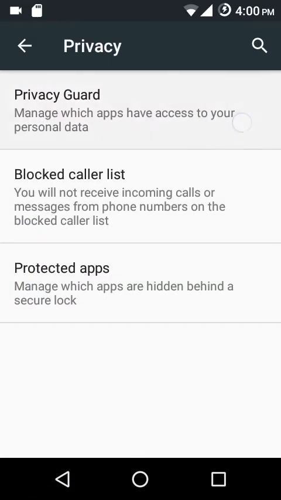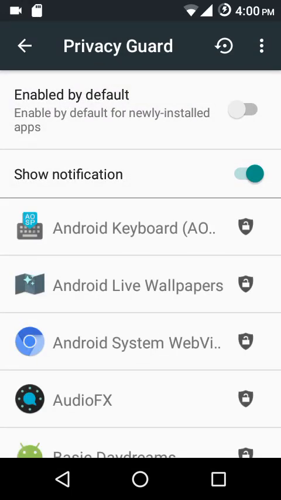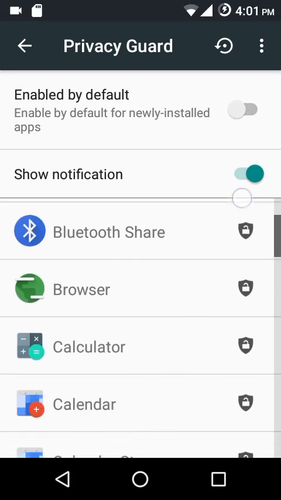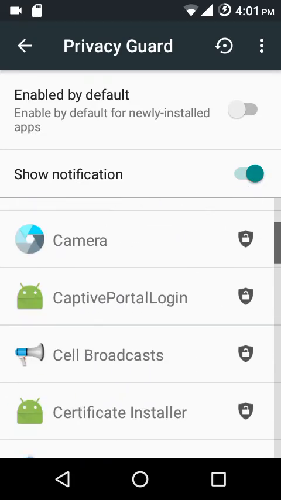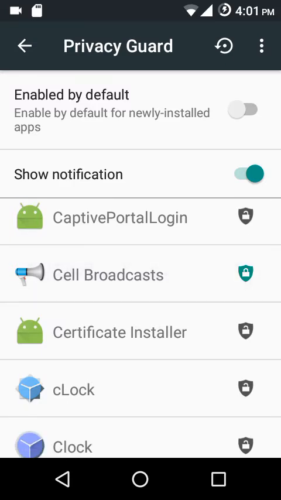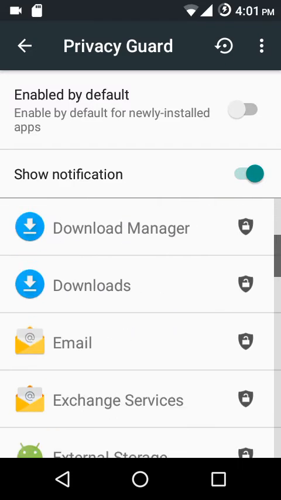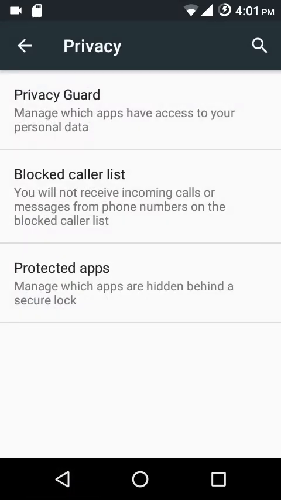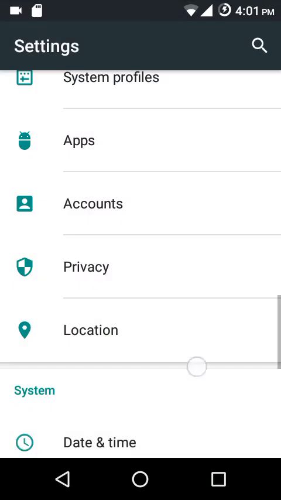Then you can also enable or disable those apps which can't have access to your private data, such as contacts, call logs, personal messages, all that stuff. So if I just check in any app, say audio effects, then it won't be able to access any personal data, which I've already told you is contacts, and stuff like that. Then block caller list is pretty clear. Protected apps is also clear by the name itself. And then